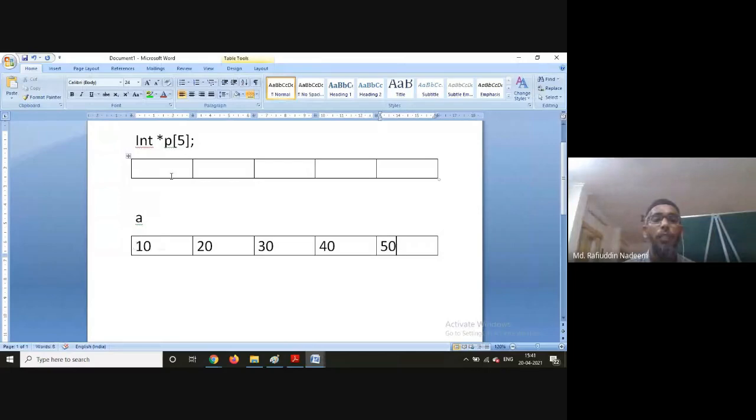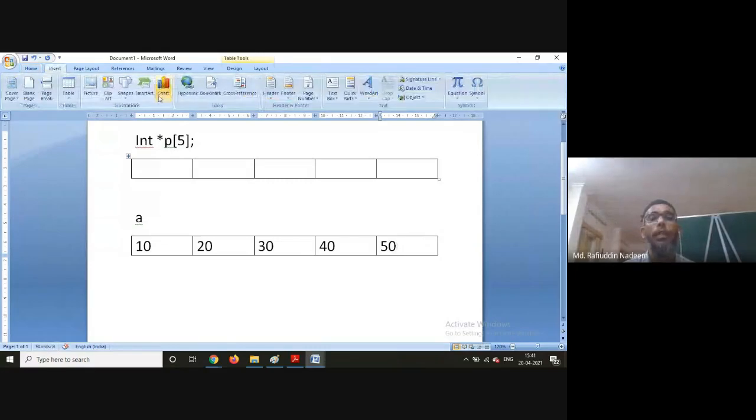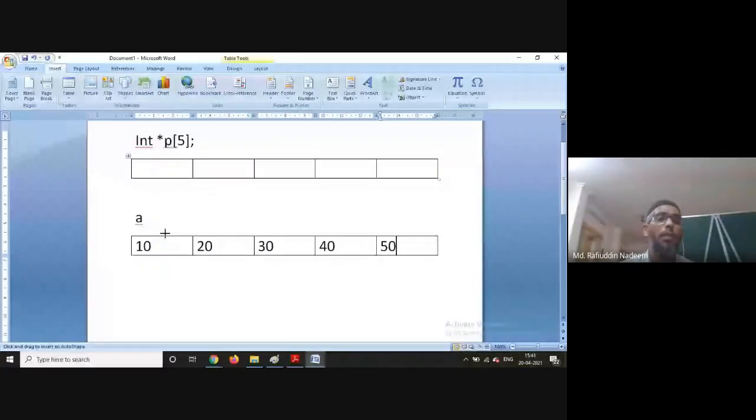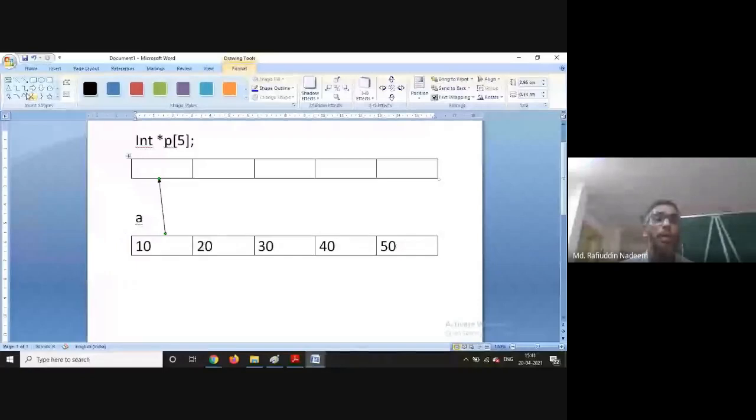When you say ampersand of a of 0, the address of this particular element is stored in p of 0. Likewise, p of 1 is equal to ampersand of a of 1, p of 2 is equal to ampersand of a of 2.